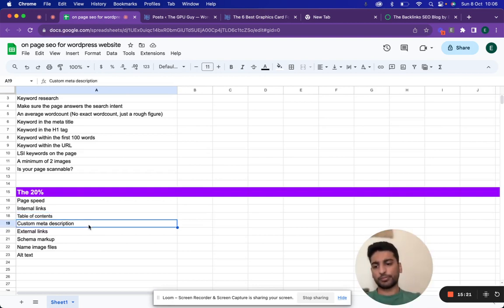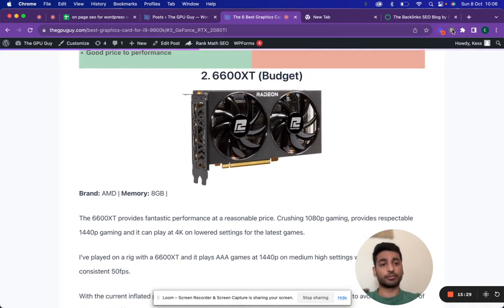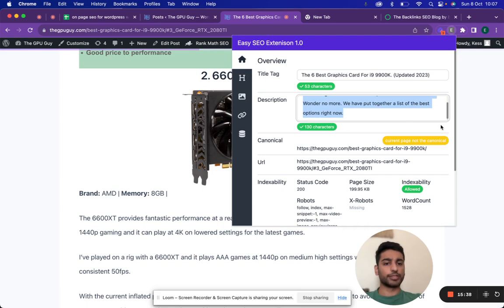So next up, custom meta description. The meta description doesn't really matter that much because 9 times out of 10, I should say 99% of the time, Google will automatically change the meta description. But for your most important pages, let's just say you've got an e-commerce site,